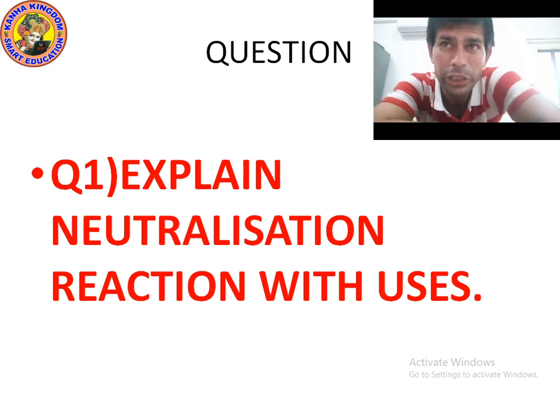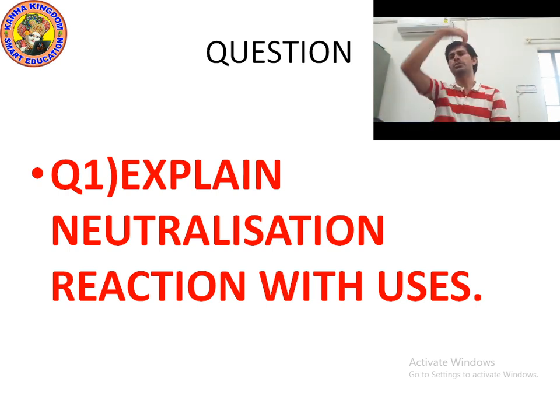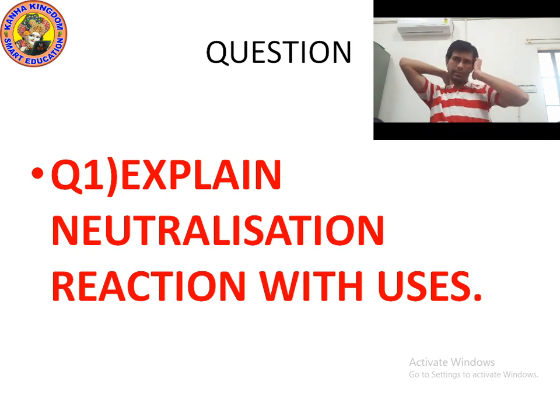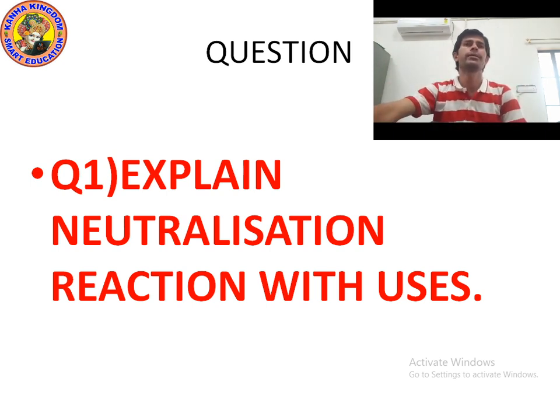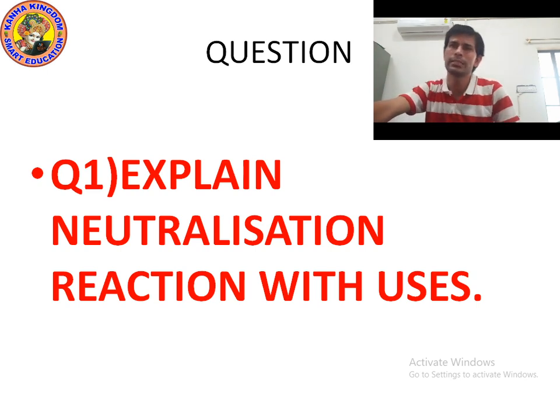So milk of magnesia contains a base. When milk of magnesia reacts with hydrochloric acid, it neutralizes the effect. It contains magnesium hydroxide, so it neutralizes the effect of excessive acid. Okay. So our stomach contains hydrochloric acid. It helps us to digest food. But too much acid in the stomach causes indigestion. To relieve indigestion, we take antacids such as milk of magnesia, which contains magnesium hydroxide. It neutralizes the effect of excessive acid.